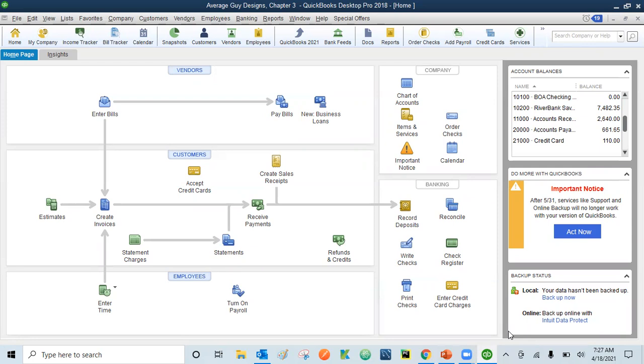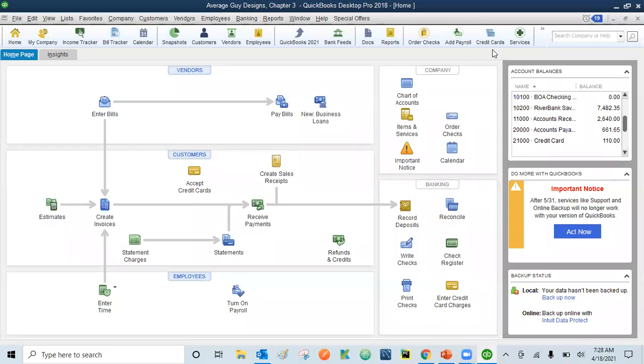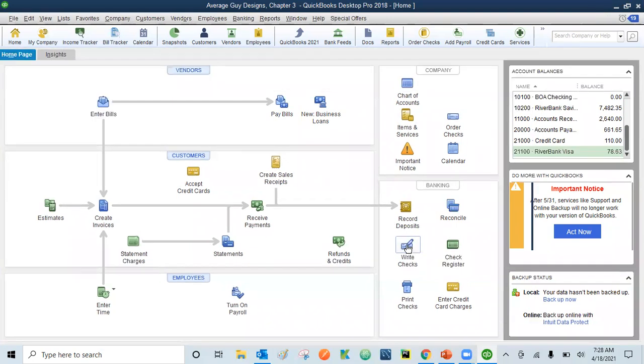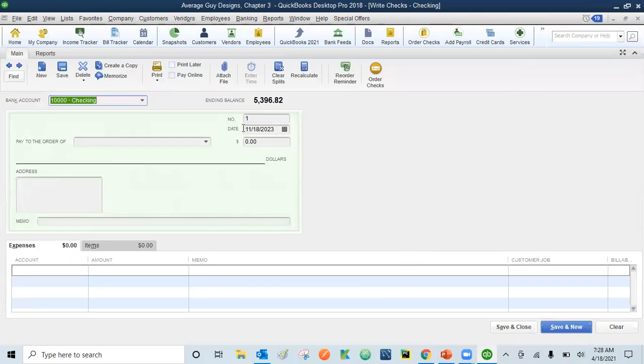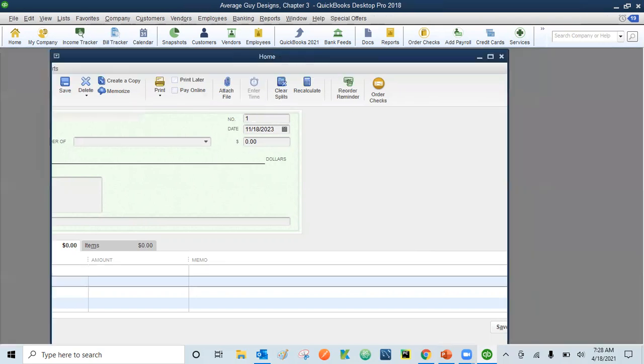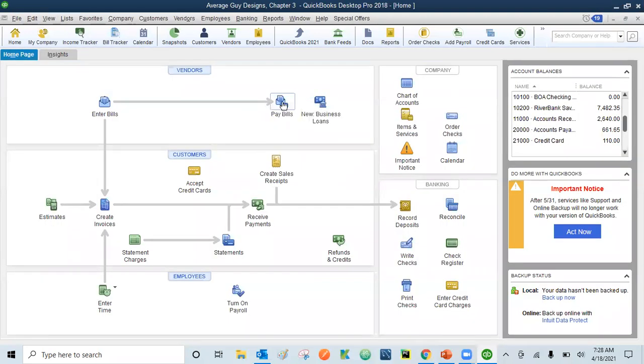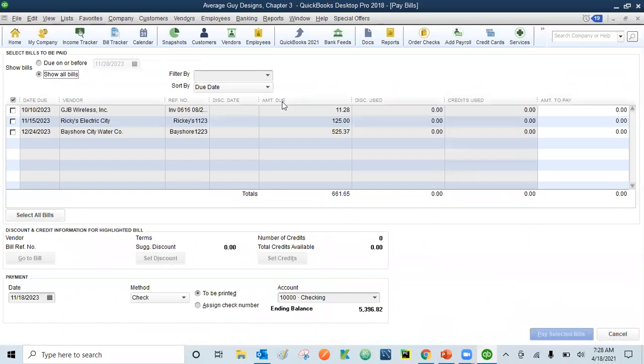So now we'll be learning how to work with the debit card. In order to do our transactions using the debit card, the process is exactly the same. If it's a spontaneous transaction wherein you are buying something and paying to the vendor, then you can simply select write checks. And when you are writing checks, just change the number from 1 to DP. But let's say you are paying a bill of your vendor, then you'll be selecting pay bills, and you are paying a bill by debit card. So you have to do exactly the same thing. Like you have to type here